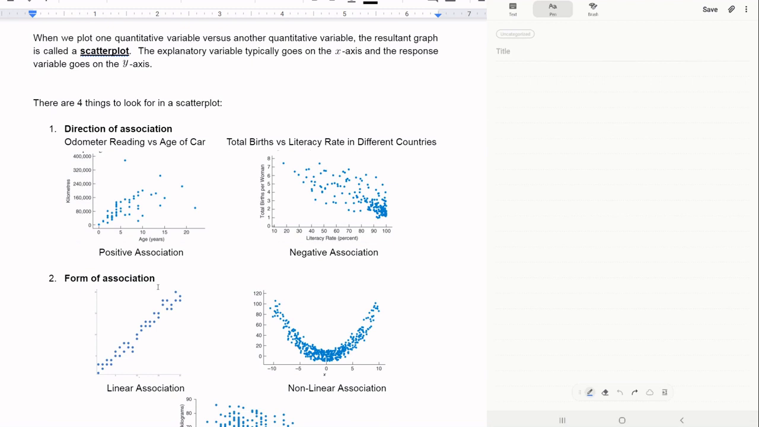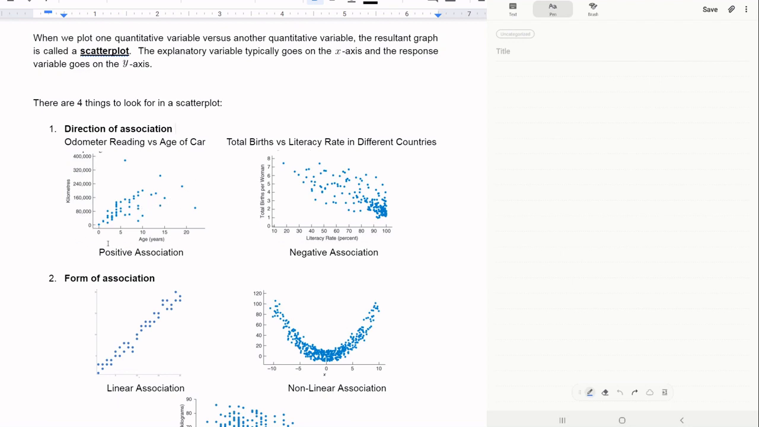Now we can plot one quantitative variable versus another quantitative variable, and this is called a scatter plot. The explanatory variable will typically go along the x-axis, and the response variable will typically go on the y-axis. When we're given a scatter plot, there are four different things that we can look for. One of them is the direction of the association. If one variable increases and we notice that the other variable also increases, then this is called a